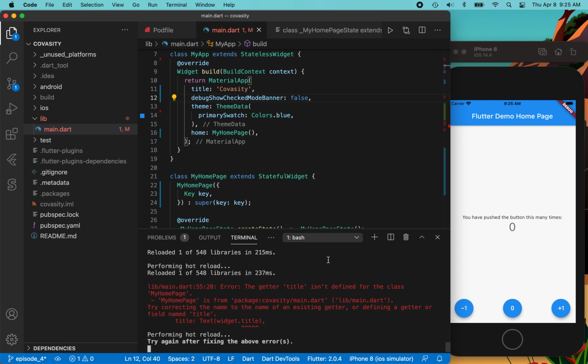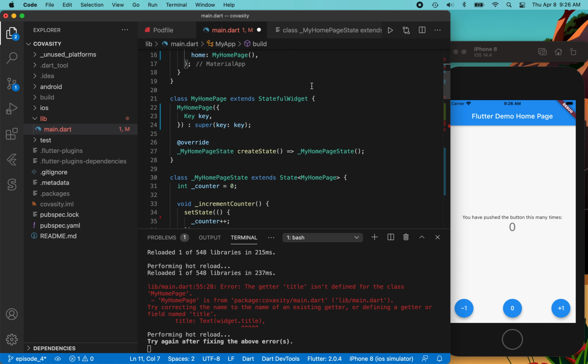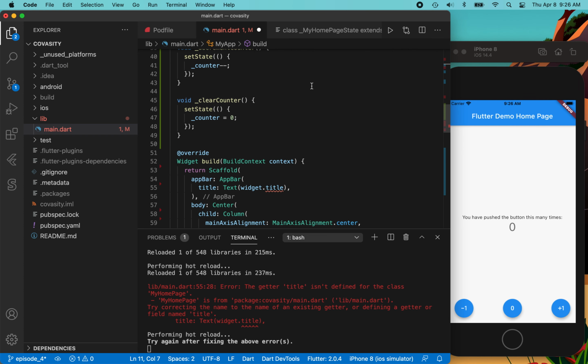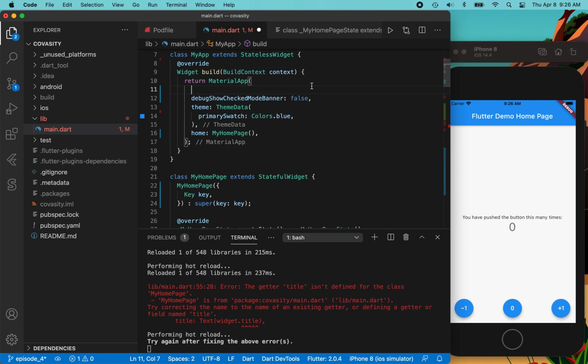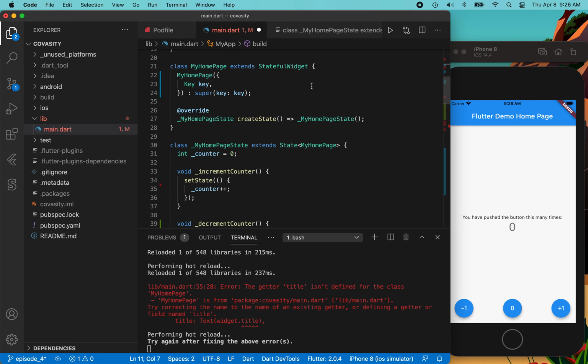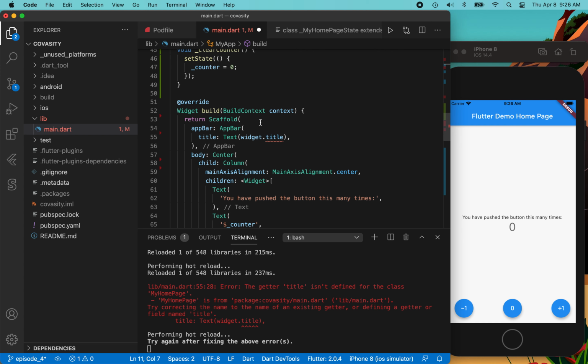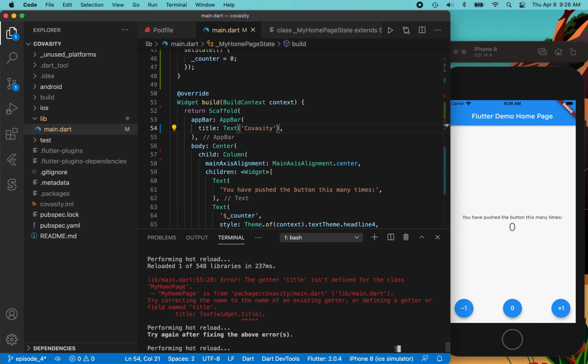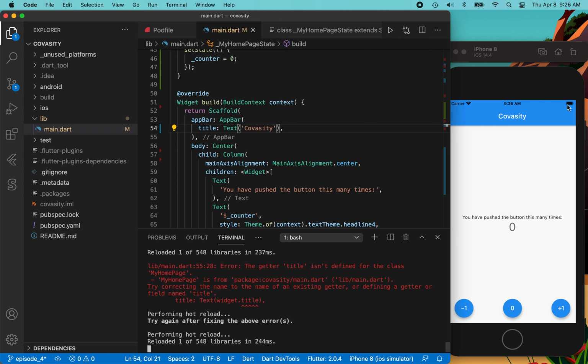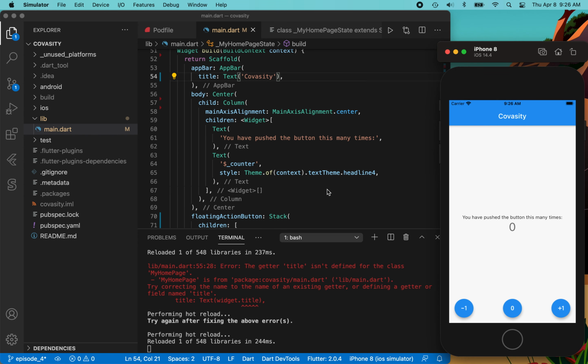And the title is not defined for the class. Oh, of course, because that, where are we here? App bar. There we go. The title will be a text of Covacity. Perfect. Okay, there we go. Change the name to Covacity, get rid of the little debug banner, and